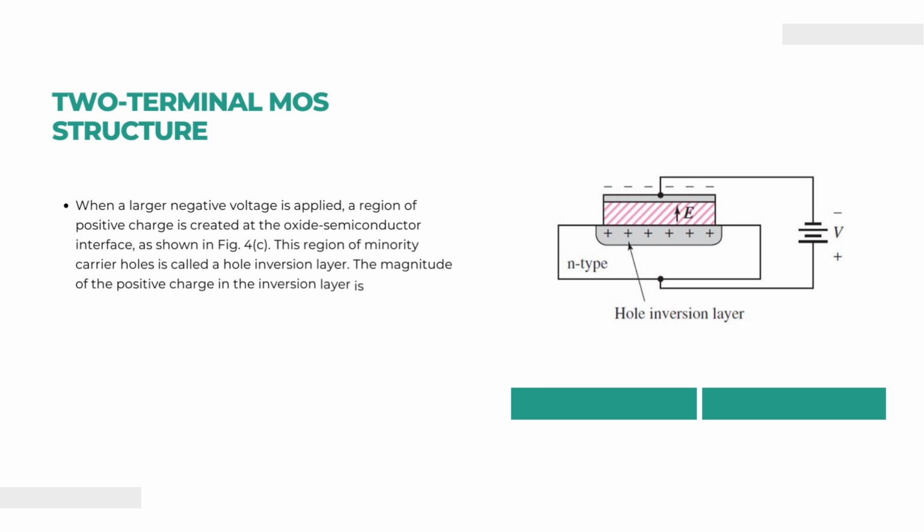This region of minority carrier holes is called a hole inversion layer. The magnitude of the positive charge in the inversion layer is a function of the applied gate voltage. So, this figure shows a MOS capacitor with an induced surface charge region and hole inversion layer due to large negative gate bias. So, the holes will be accumulated beneath the oxide interface and a hole inversion layer will be